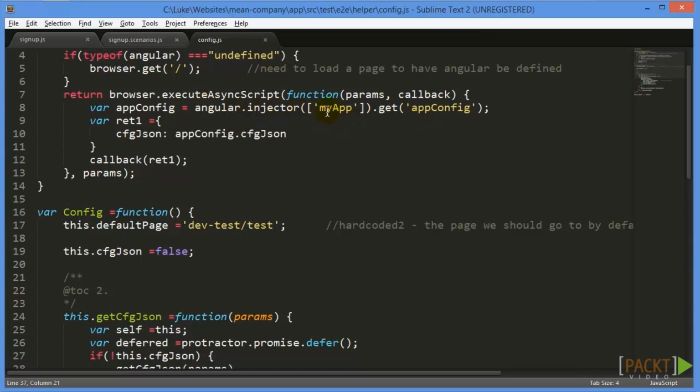angular.injector line. MyApp is going to be the name of your application. For the MEAN seed, we just call it myApp, but if you were to change that main module, you would change that. This is the same thing that was in our Angular unit tests as well when we were injecting the whole module. And then this .get line actually gets the specific module that we want. So we set it equal to a variable, and